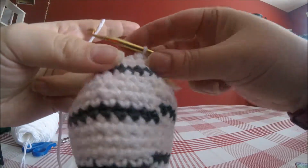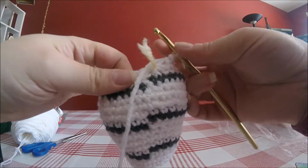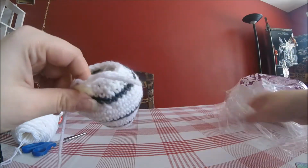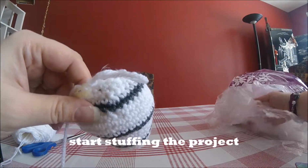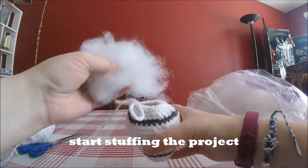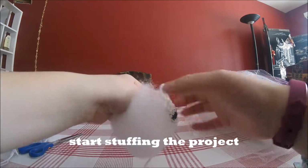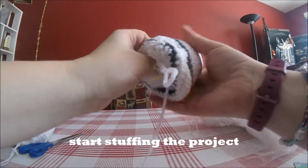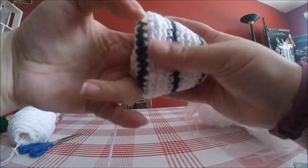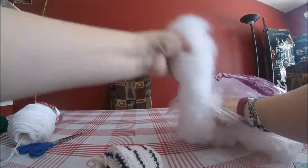And repeat. At this point our little eggie is starting to form and we've got a little bit of a hole there, so I am going to start to stuff. I usually just make a big loop so that I don't need my hook in there, and then just start stuffing. We want them to be pretty stiff. We're going to be attaching spikes to him, so